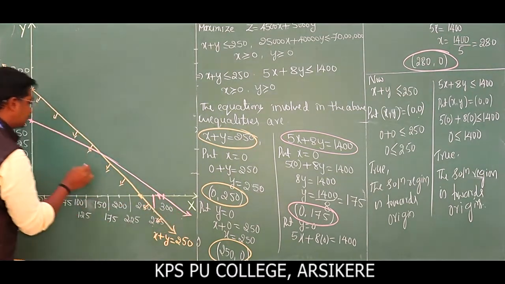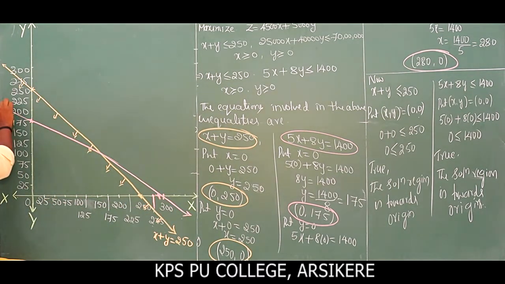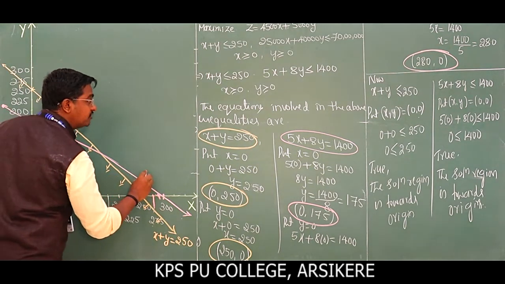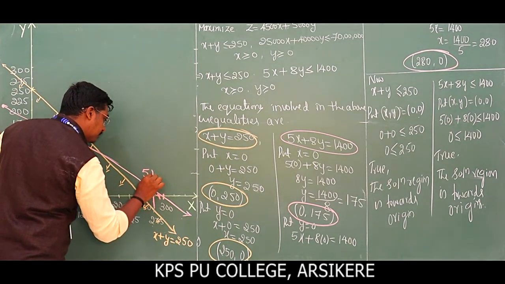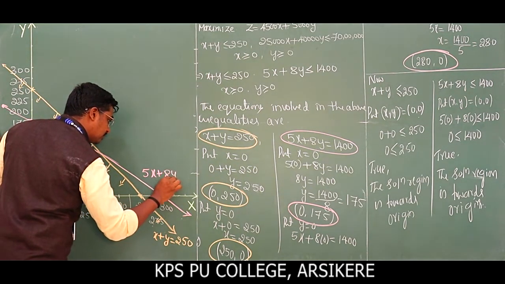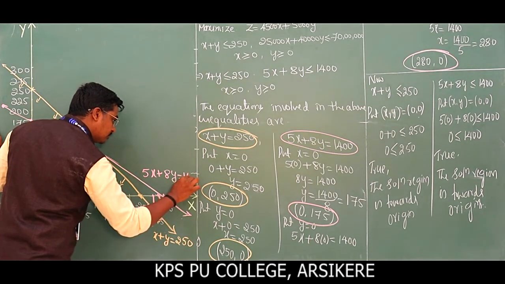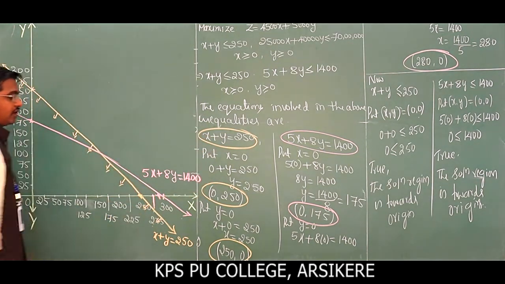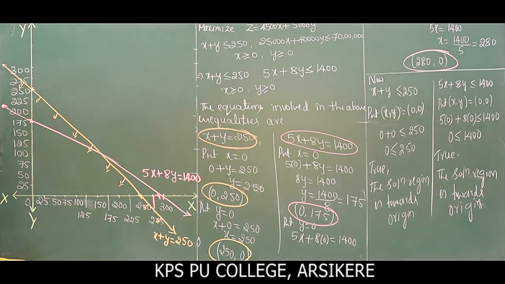Please use the scale. So this equation is 5x plus 8y is equal to 1400. Is it clear? Okay. Next we need to check